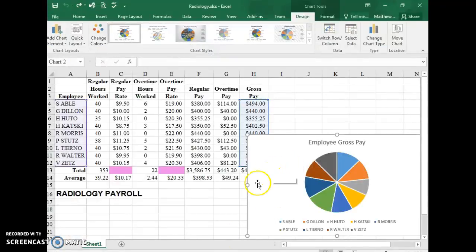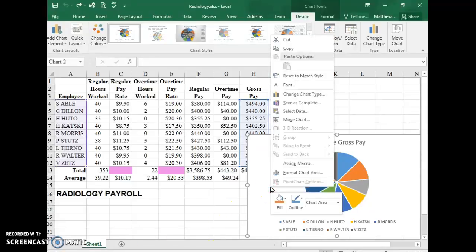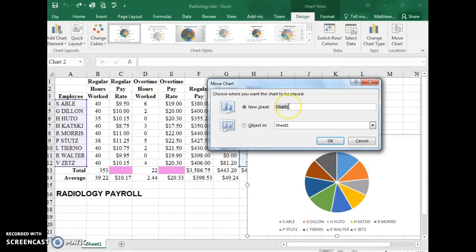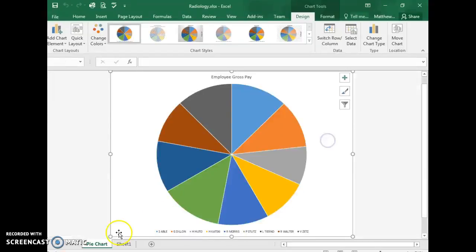So I have mine opened up right here, and here's the pie chart. This is where we left off. On the instructions it says to rename the tab, move the chart over to a new sheet. So I'm going to right click, move chart to a new sheet, and we can name that new sheet pie chart. And after I've done that, we will see a new sheet right here. We have the title, which we have already